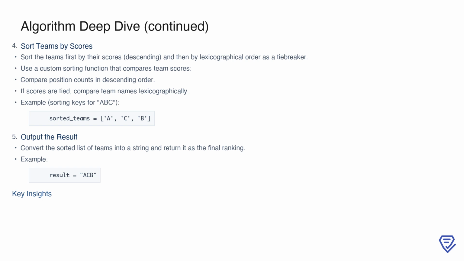For example, with the team_scores dictionary from earlier, sorting the teams' results in the order A, C, B. Here, A comes first because it has the most first-place votes. C and B have identical scores, so the lexicographical order decides their positions. Finally, the sorted team names are joined into a single string to produce the final ranking. In this case, the output would be ACB, which is the ranking that best reflects the collective preferences of all